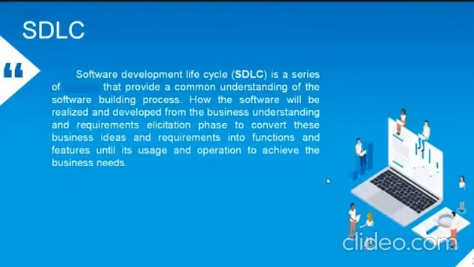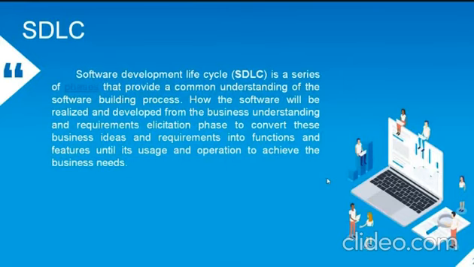SDLC is simply termed as software development lifecycle, which clearly depicts the process we need to follow while building a software product. Basically, SDLC has several different phases. The first one is requirement gathering and analysis, where we try to gather the requirements from the client, what his actual needs are, and how he needs the software to perform. It means what are the different functionalities that need to be implemented in the software. These requirements gathered from the client are so-called business requirements.